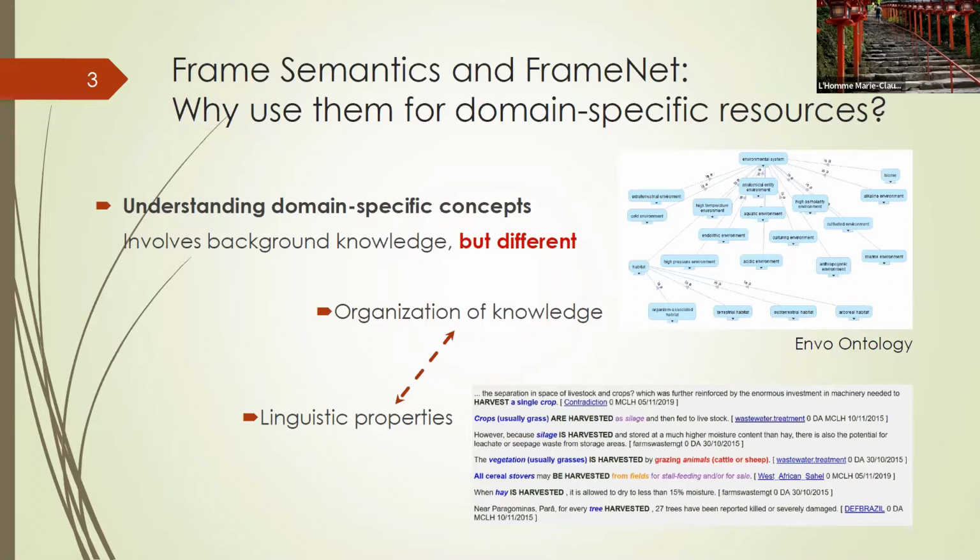This is a snapshot of the ENVO ontology, and it shows how habitat is linked to other concepts in this field with the relations that appear here. Now these representations are very abstract, and paradoxically, many of these designers acquire or extract knowledge from running text,